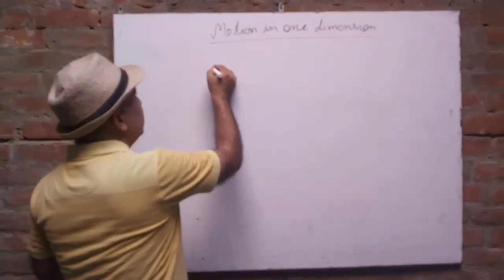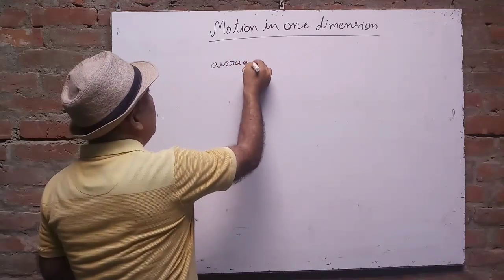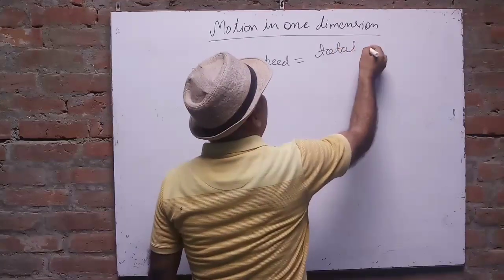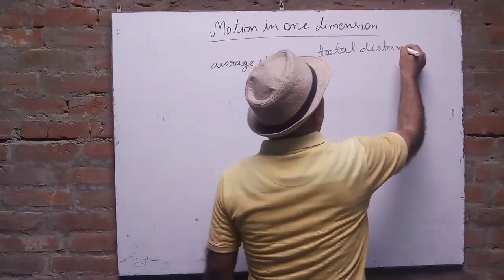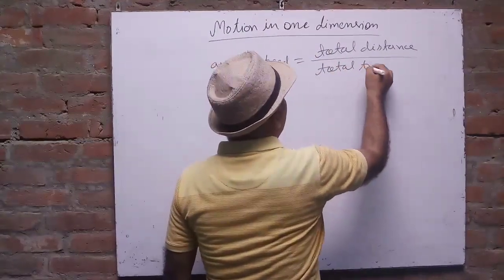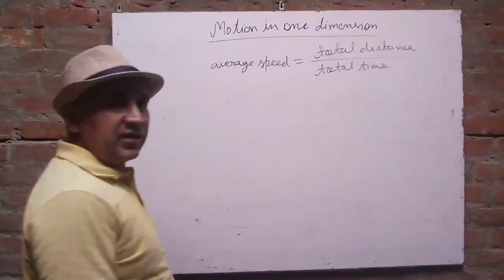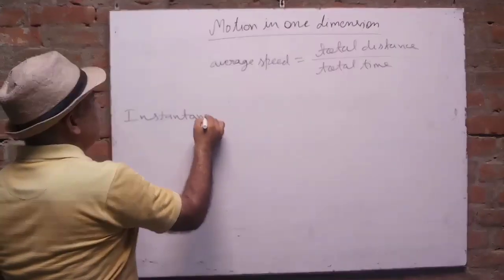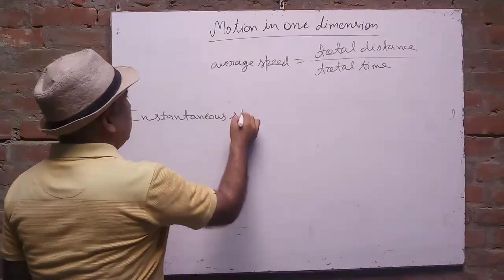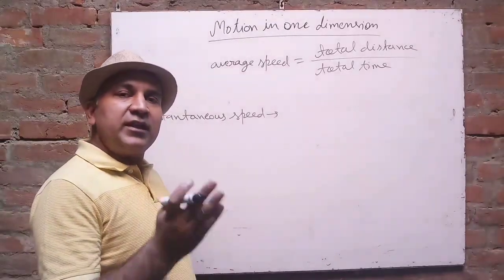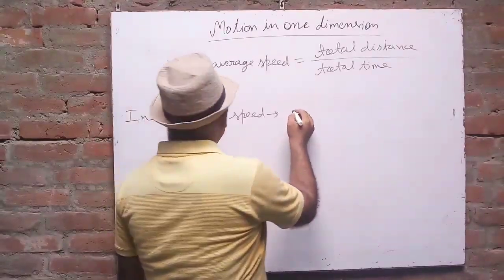What is the formula for average speed? Average speed is equal to total distance upon total time. This is the formula for average speed. One more term that you have to study is the instantaneous speed. Instantaneous speed means the distance traveled in a very short interval of time. So you can say that